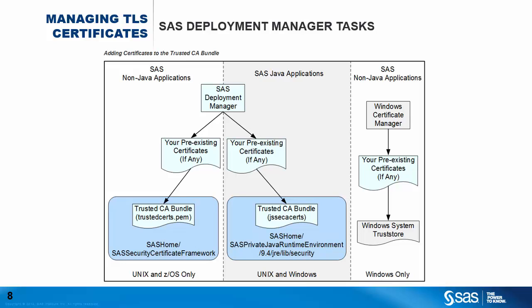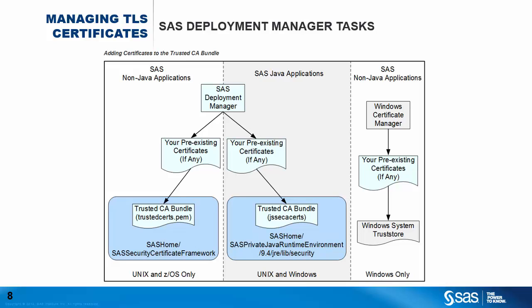The final swim lane again covers SAS non-Java applications, but this time running on Windows. Such a process could either be a server process, like a workspace server running on a Windows server, or SAS Enterprise Guide running on a client machine. For these processes, we rely on the Windows System Trust Store, which is not managed by the SAS Deployment Manager